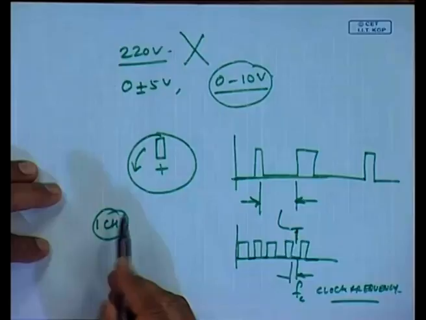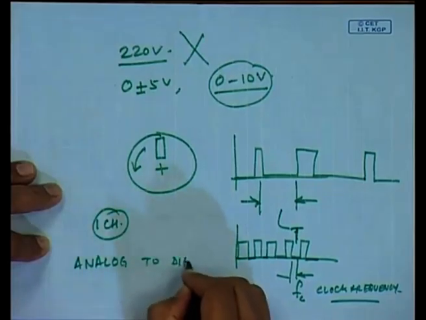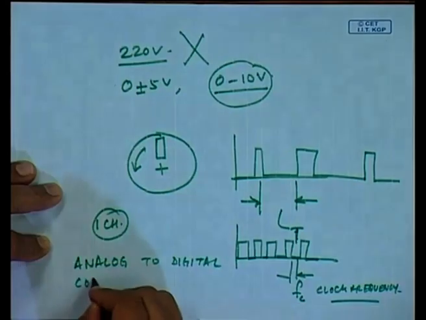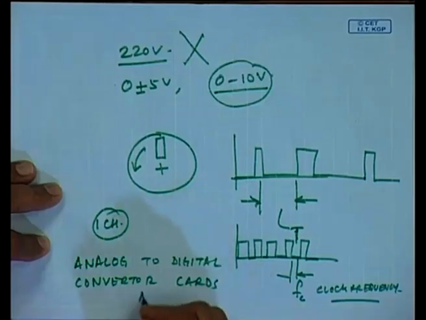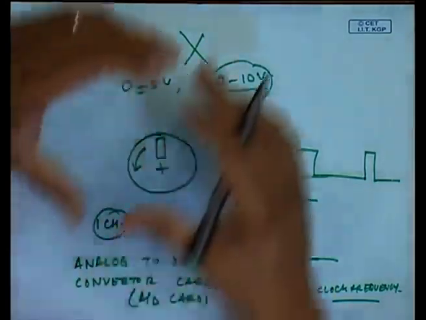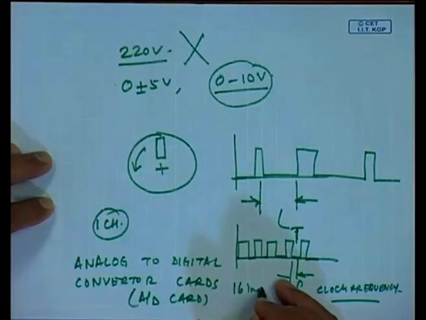Nowadays, these A to D devices come as what are known as analog to digital converter cards, or we call them A to D cards, and they look very similar to your multimedia card, like the Ethernet card in your PC. Okay. So, this card actually plugs into the bus of the computer, and typically these cards are available with 16 input channels,